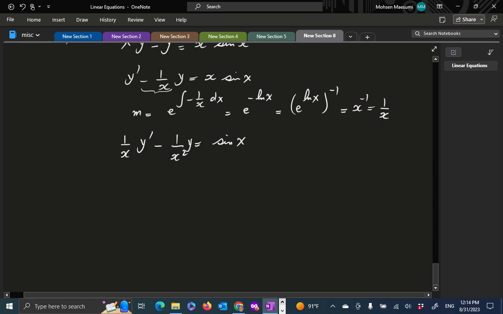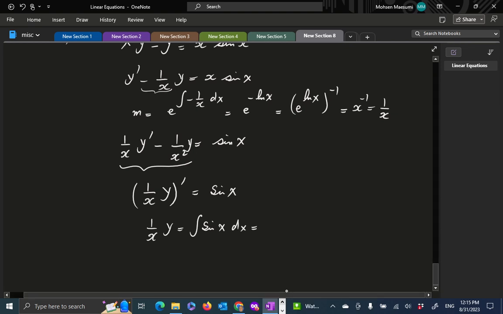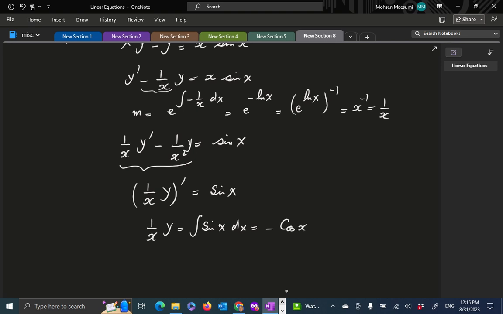Now, what's the left-hand side? The claim to fame of all of the discussion today is that this is a complete derivative of what? That factor times y. So again, double check. Derivative of y times this. Derivative of 1 over x, that's minus 1 over x squared, is equal to sine of x. And then, of course, 1 over x y. Antiderivative of the sine. What's the antiderivative of the sine? It is of course cosine, minus cosine of x plus a constant multiplied through,